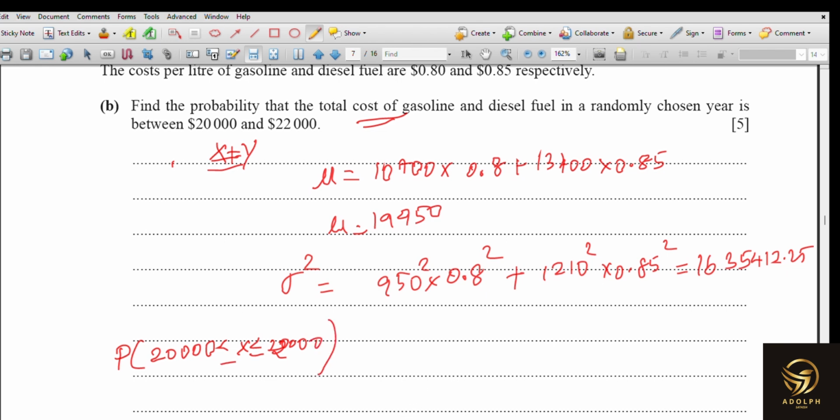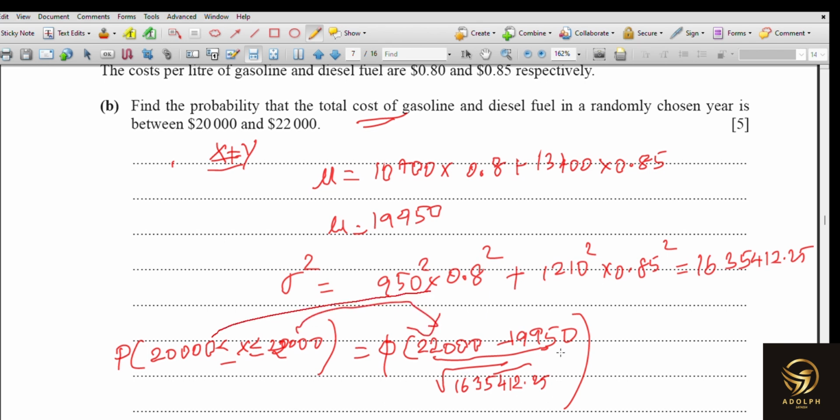Right? So now what I should do is find, for how we actually approach this type of problem, the upper limit value. So P of 22,000, that probability minus the mean value we have calculated, 19950, whole divided by the root of the standard deviation, so it is the root of the variance 1635412.25. So for the upper limit we should find first, then for the lower limit we should subtract it. So P of